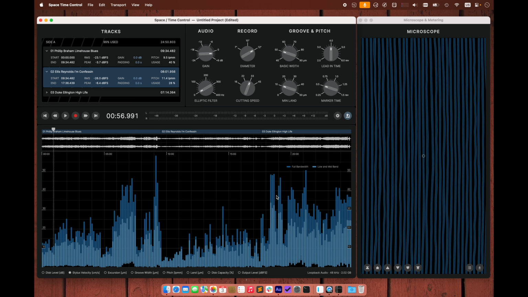On the upper end there is no strict limit for velocity, but anything above 30 centimeters per second is worth a closer look. During cutting, high sustained velocity will heat up your cutter head's drive coils and might blow a fuse. And on playback, high velocity and therefore high acceleration of the stylus can create distortion or kick the stylus